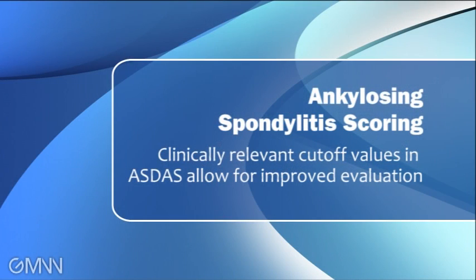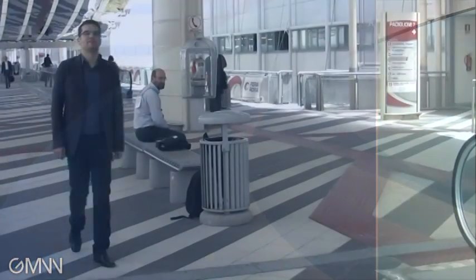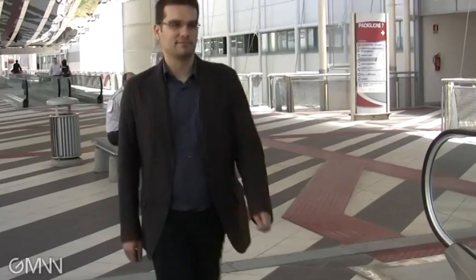Clinically relevant cutoff values for disease activity and patient improvement have been established for the new Ankylosing Spondylitis Disease Activity Score. The ASDAS is a composite score designed to be more effective than previous assessment tools, according to Pedro Machado. Basically, the score was developed in analogy to the DAS for rheumatoid arthritis. And we used a similar methodology, which involves principal component analysis and factor analysis, in order to determine which variables are redundant and which ones are not, and then find the composite score that best represents disease activity itself.